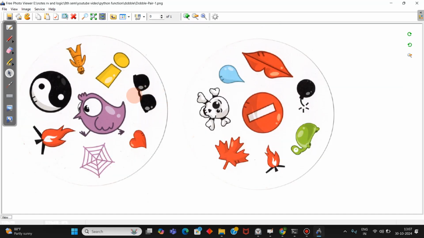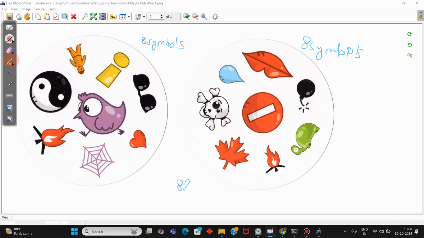So in this game there are two cards, and some symbols are present on both the cards. This game is designed such that any two cards will have exactly one symbol in common. That means we have to find the same symbol in both the cards. Only one pair has the same symbol. There are 8 symbols on this card and 8 symbols on this card. So possible pairs of symbols are 8 8s are 64,